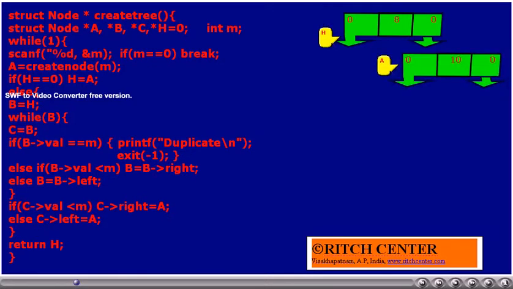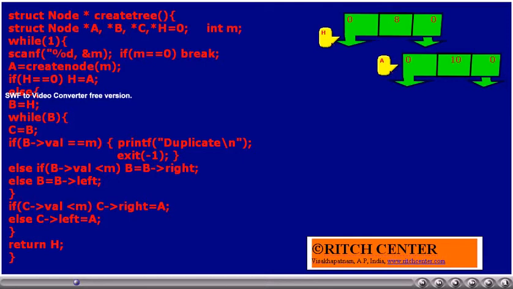Now let us assume that this time the user has entered 10. As 10 is not equal to 0, we will not be coming out from the while loop. Rather, a node is created by calling the create node function. For that, 10 will be sent as an argument.